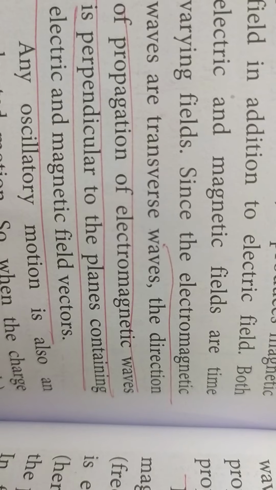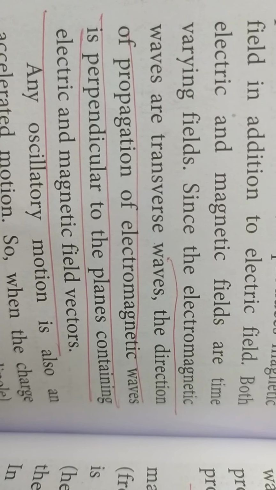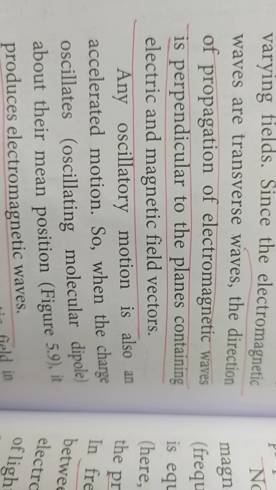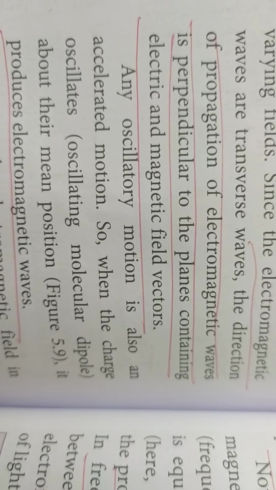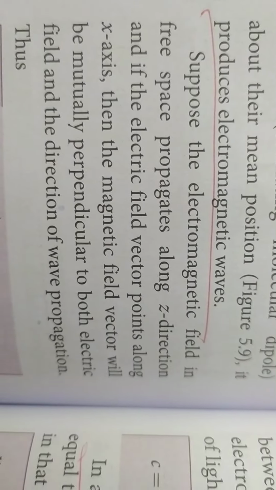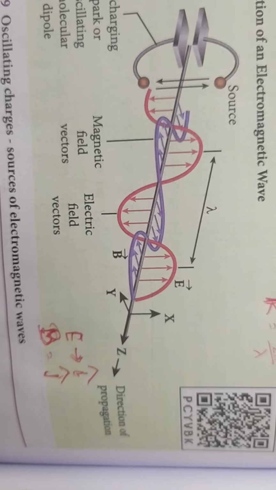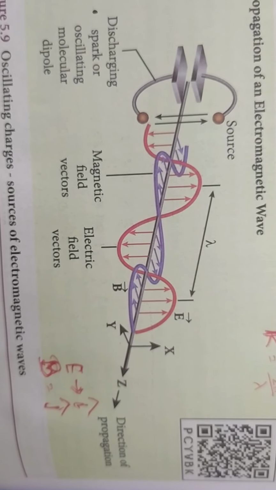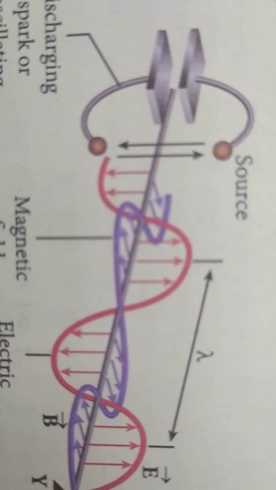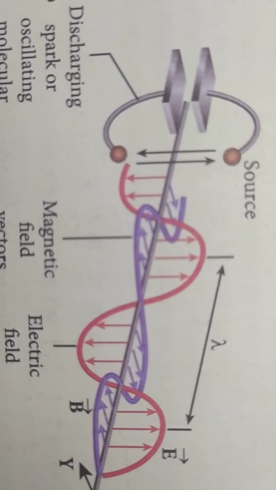These electromagnetic waves, as you already know, are transverse waves, and the direction of propagation is perpendicular to the planes containing the electric and magnetic field vectors. So the oscillatory motion, otherwise called accelerated motion, of charges will produce electromagnetic waves. Now look at this diagram: a discharging spark or oscillating molecular dipole between two balls. You see there are two balls, and these two balls will produce a spark, and this spark is nothing but